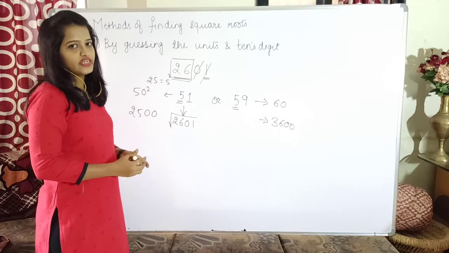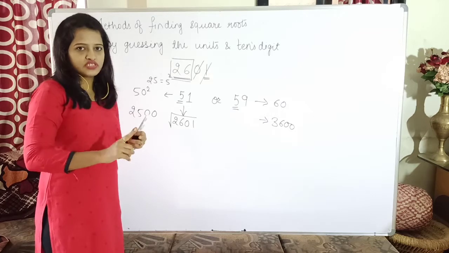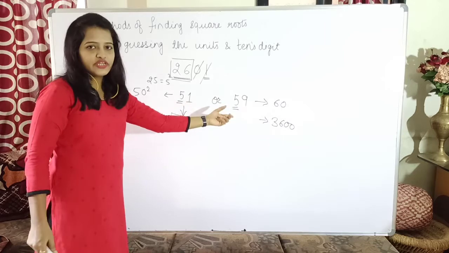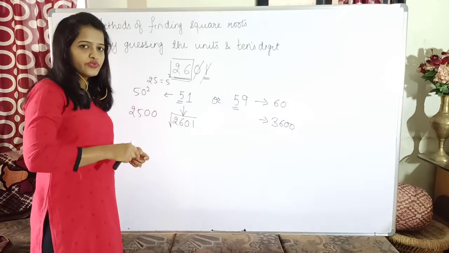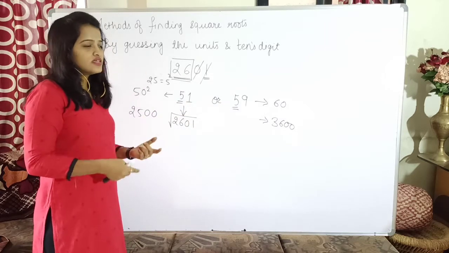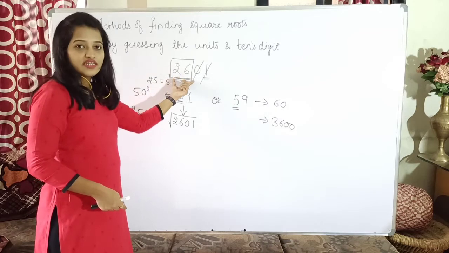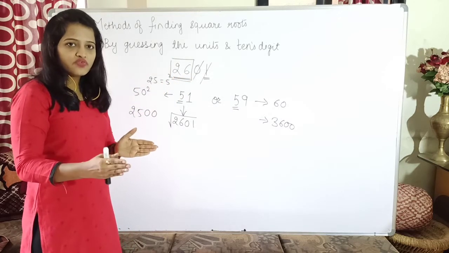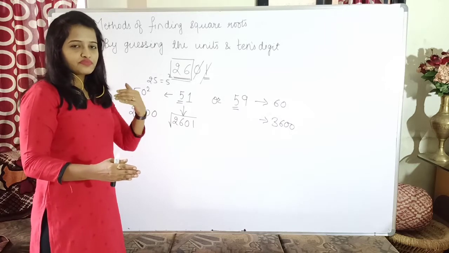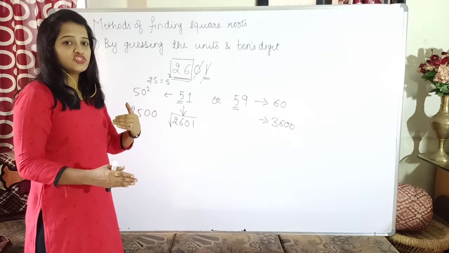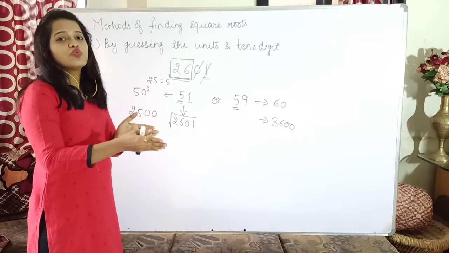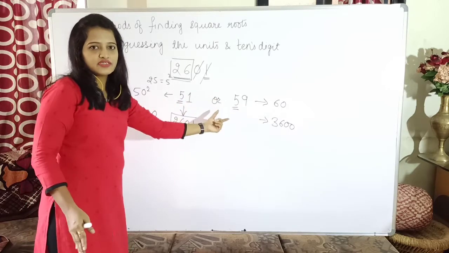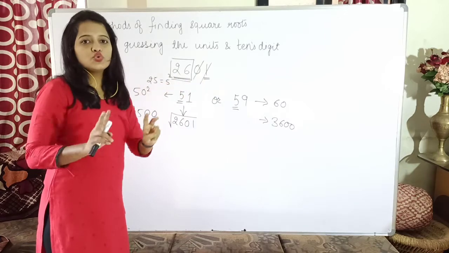So if you have to note down the steps: first step, depending on the unit digit, decide what the unit digit will be. Second step, cancel out the units and tens place digits. Third step, consider the remaining digits and find the square which is either equal to or less than that. Once you get the value whose square it is, that digit will be present at the tens place. Now you will get two possible values.